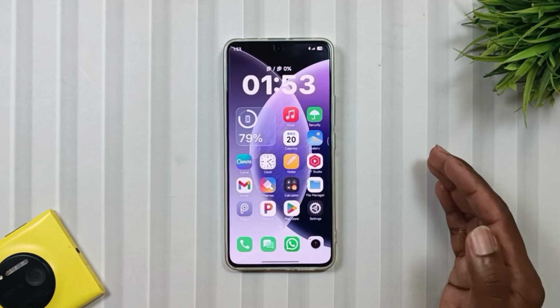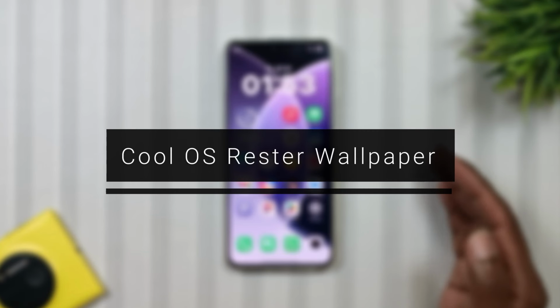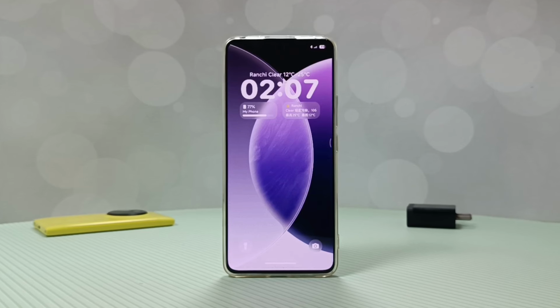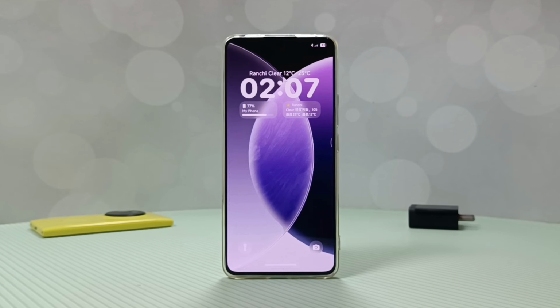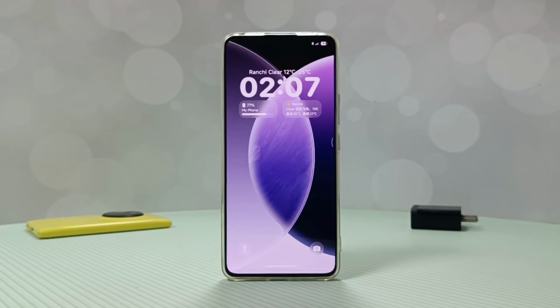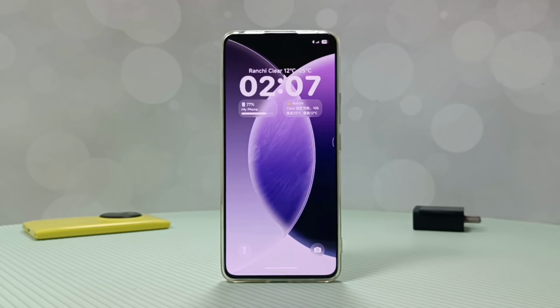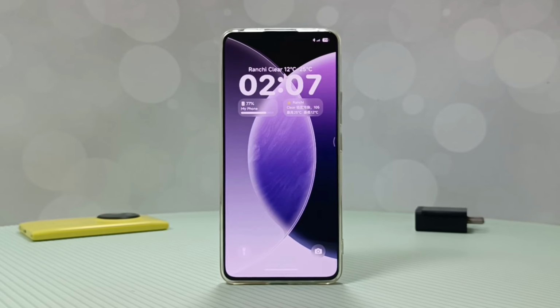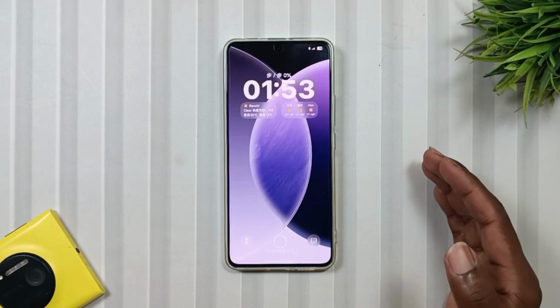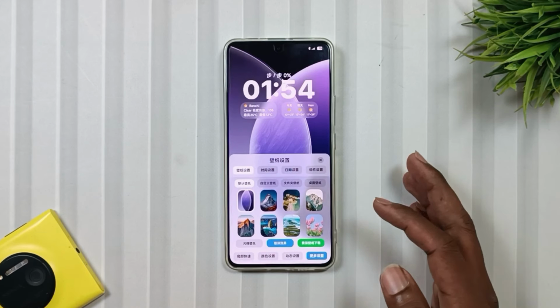First and my favorite, theme number 1 is CoolOS Raster wallpaper. And the lock screen of this theme will look something like this layout. It features a classic iOS style clock widget. As for the customization, as soon as we double tap on this navigation bar, you will see a wide range